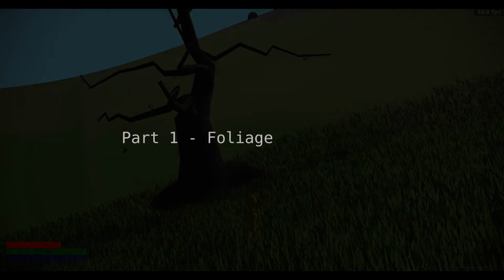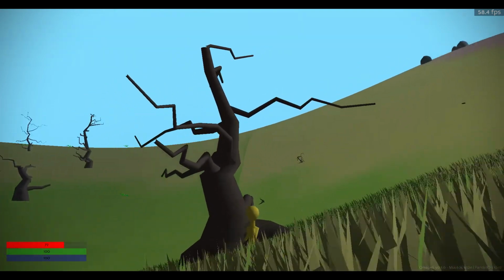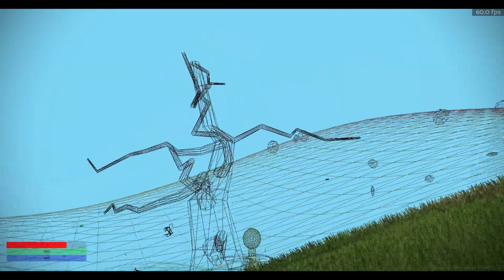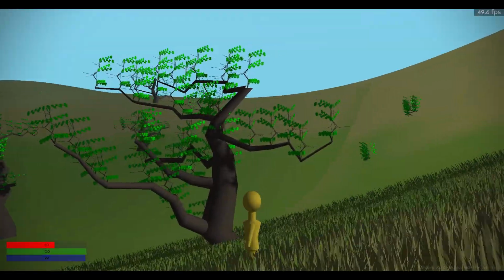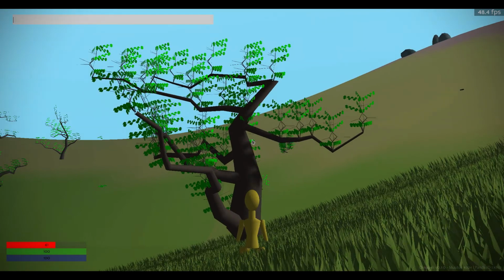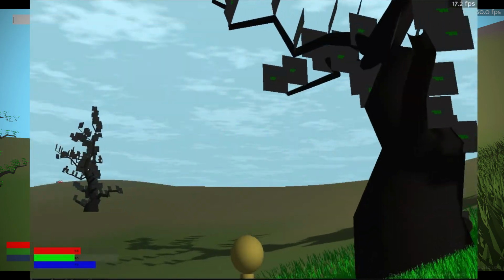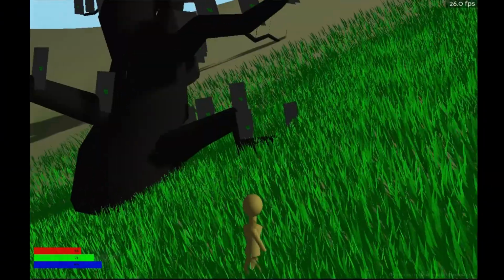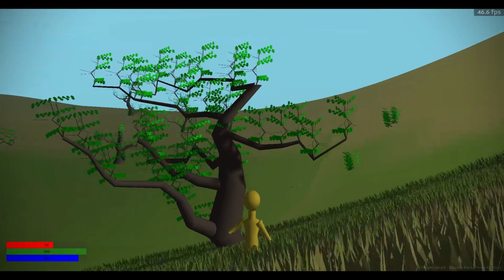Previously, the only foliage I had in Omapeli was the trees. Their trunks and big branches are created parametrically in Python, using the Panda 3D game engine's internals, giving out a true 3D model made of vertices and triangles in 3D space. But for performance reasons, the branches containing the leaves were implemented a bit differently. The leafed branch 3D model is rendered to a texture image, and then this texture image is applied on flat 2D cards that are positioned on the branches of the actual 3D model. Visually a little flat looking, but it will do for now.